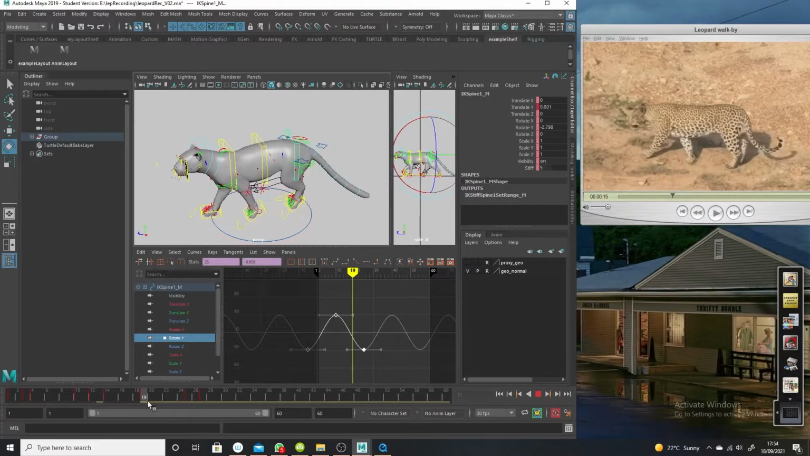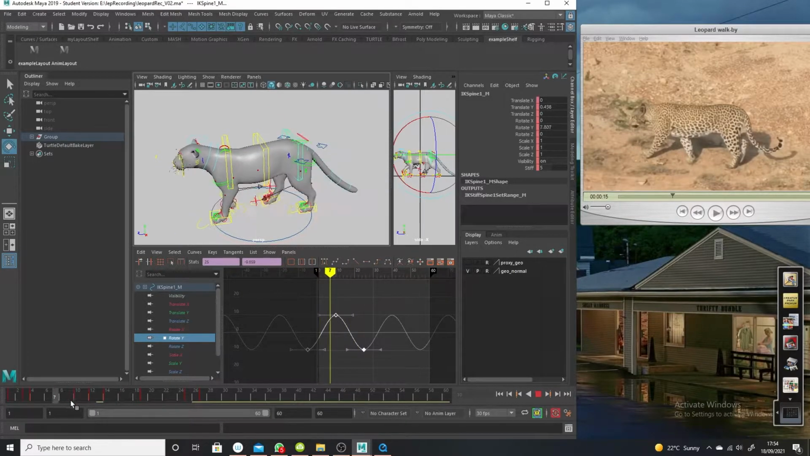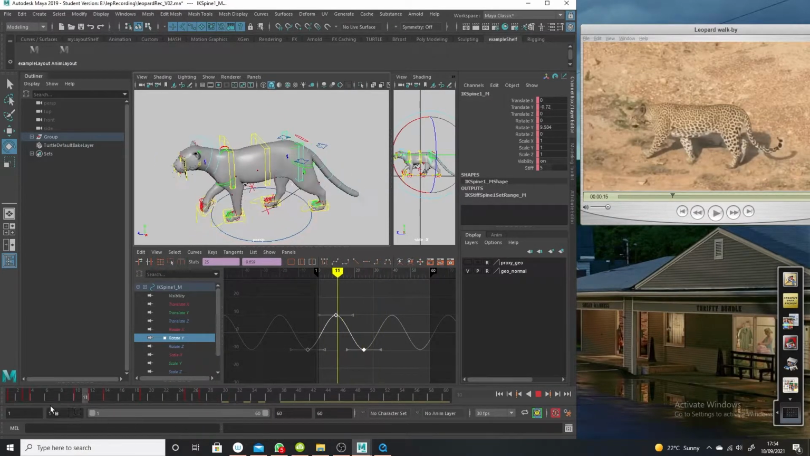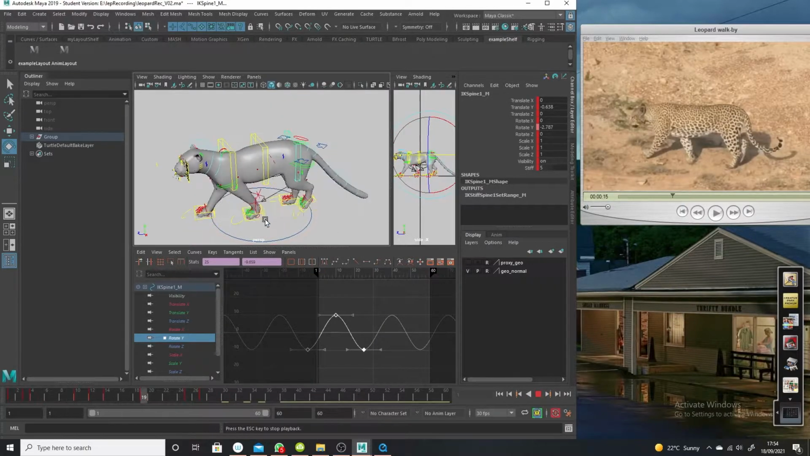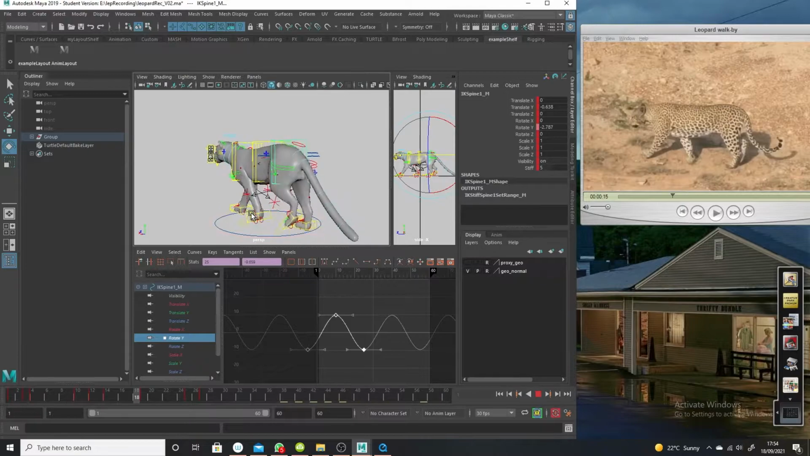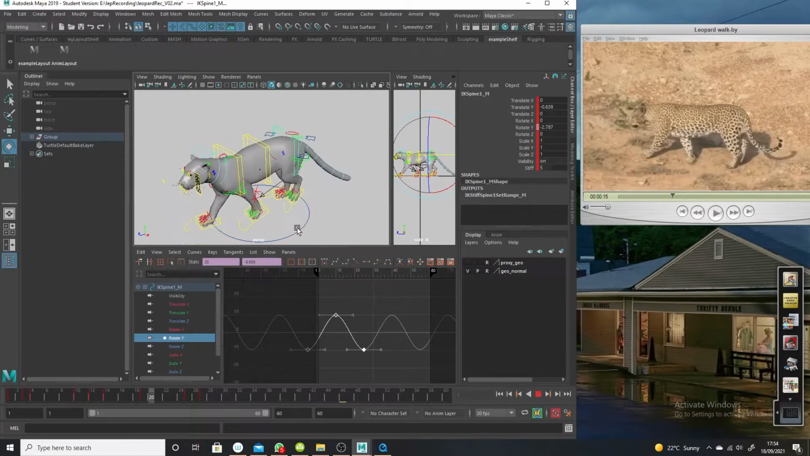So I can reuse curves all the time. This is a good thing about Maya. You can just reuse stuff. So now he's kind of walking along. It needs a lot of finessing, but you know,